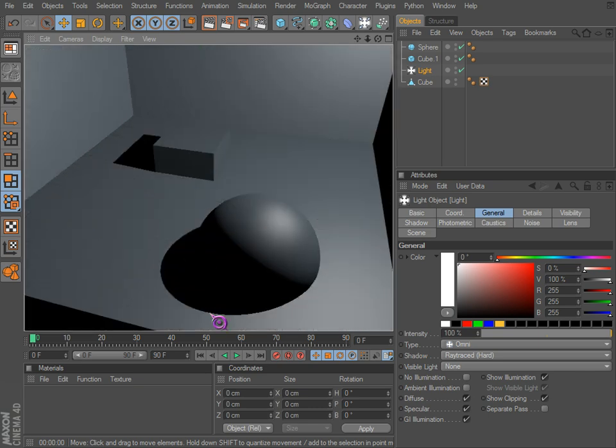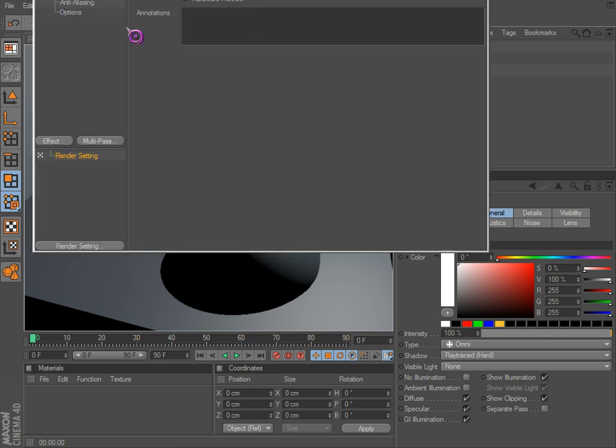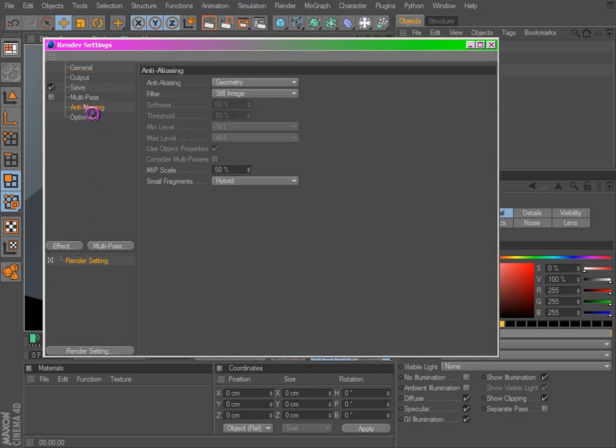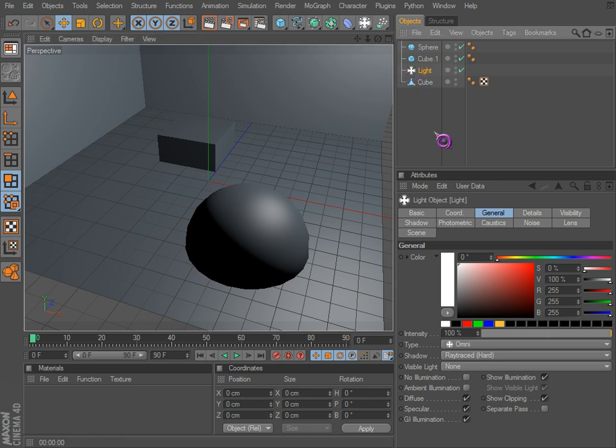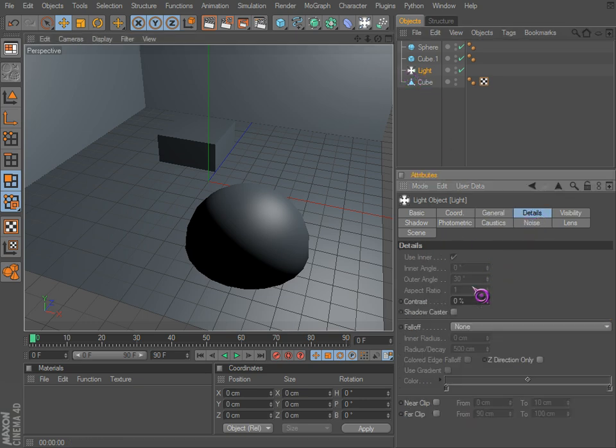They're really hard edge shadows. If that's what you want, then that's great. Otherwise, you may need to go to anti-aliasing and go to best to get rid of those jagged edges, and now you'll see that they're nice and soft. The edges, that is, the shadows themselves are still very hard. Let's go to the next